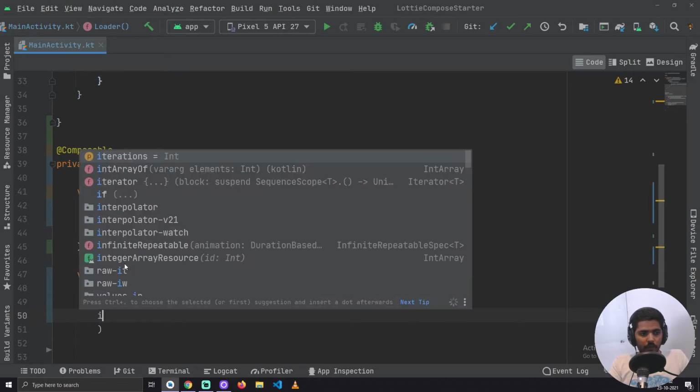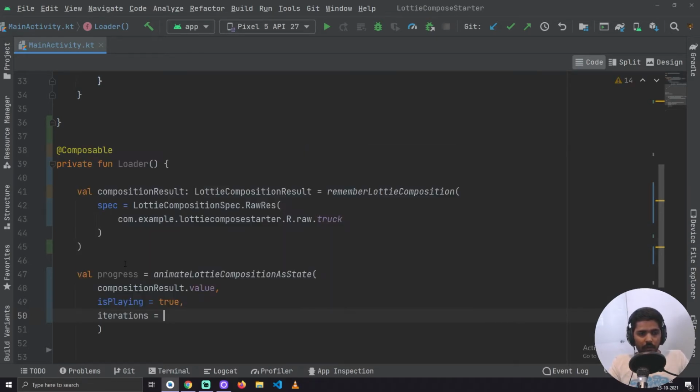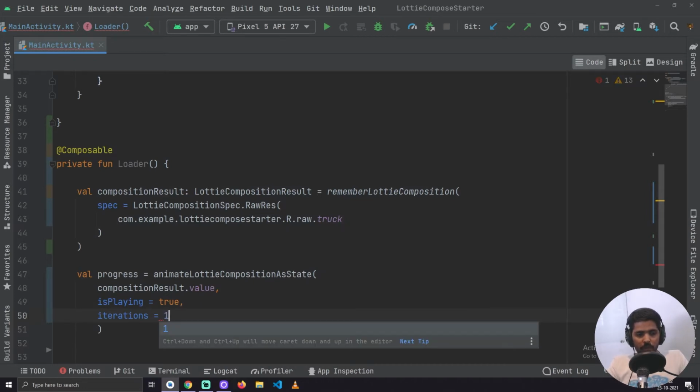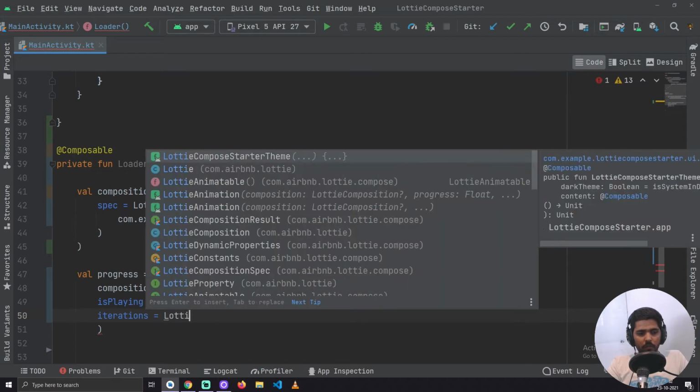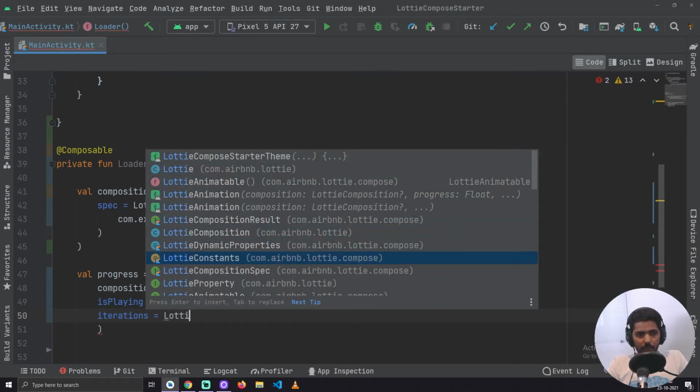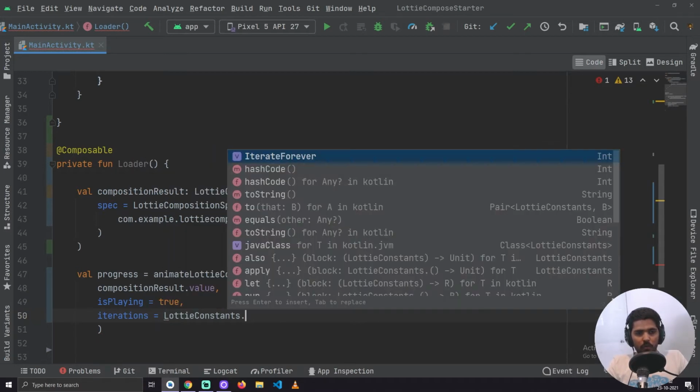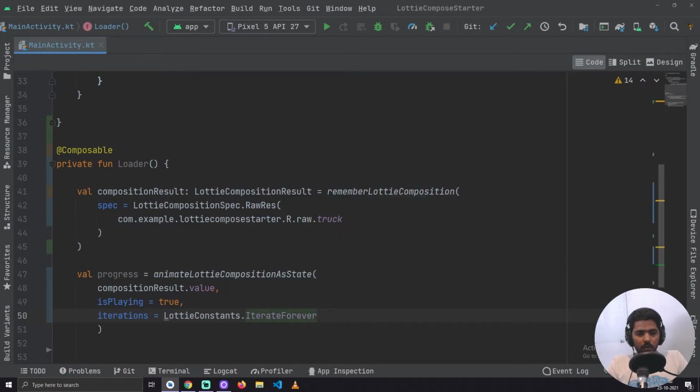After that what we want is iterations, how many times you want to play this animation. Let's say you want to play this animation only once, so after one time the animation is played, it will pause. But what we want is to make this animation loop. So we will provide LottieConstants.IterateForever.